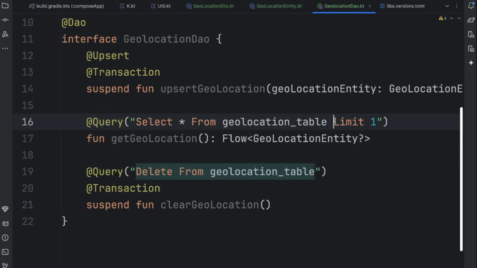Then we can use, for example, limiting or order by and do other things that we can use inside SQL or SQLite queries. So for this case, you can just call @Query, then provide the query that you want to perform. And here, basically, we are going to return a Flow, and this is going to return the geolocation. So a Flow is going to actually be a reactive stream that we can easily observe inside our